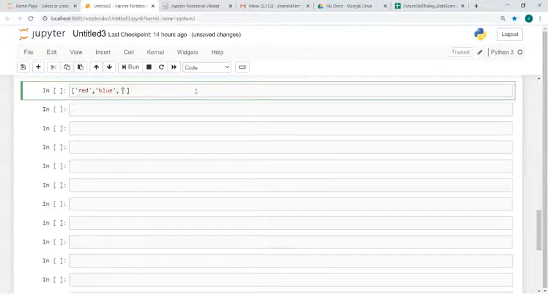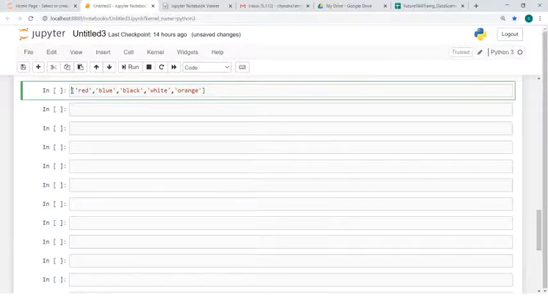Next, black, then again comma, white. So a list is created, then its name should be assigned.